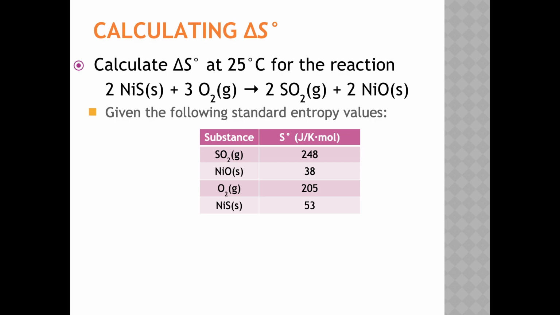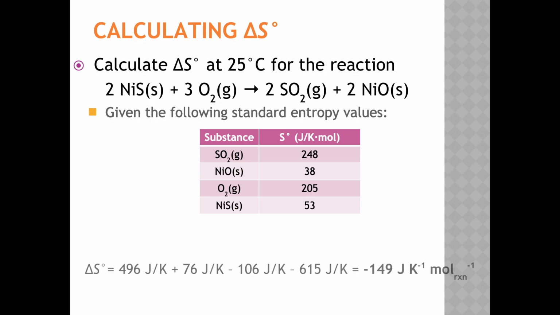Since there are coefficients of 2 and 2 for the products, we'll double the absolute entropy for sulfur dioxide and nickel oxide. This gives us 496 joules per Kelvin plus 76 joules per Kelvin so far. Then we'll subtract the reactants, but multiply by 2 and by 3 for nickel sulfide and oxygen, respectively. So that means we've got 496 plus 76 minus 106 minus 615, which is negative 149 joules per Kelvin per